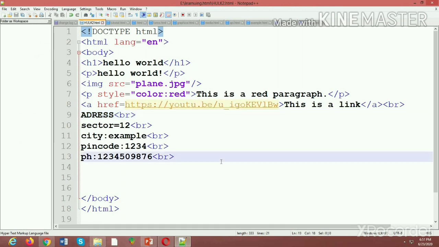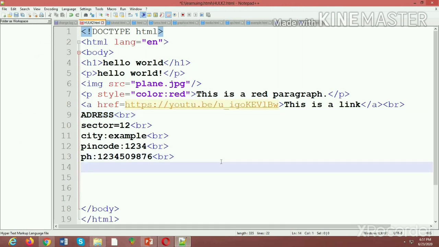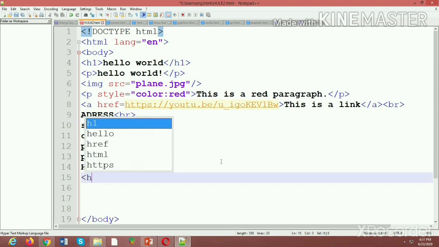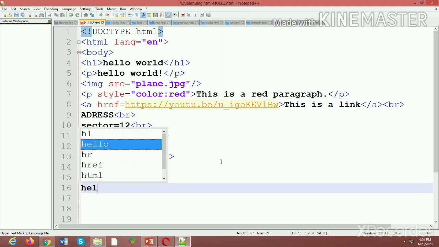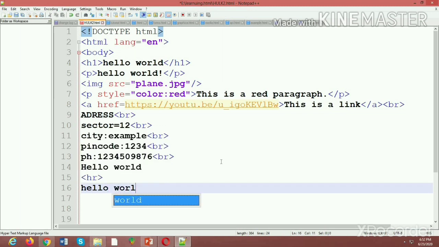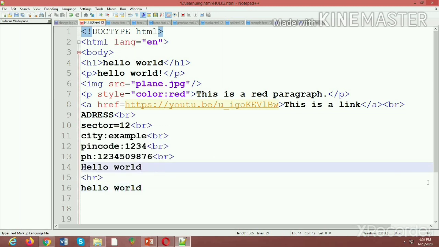Now I'll tell you about the hr tag. The horizontal rule tag is also an empty tag. It is used for adding a horizontal line in between the texts. So I'll type here hello world, then I'll type the hr tag, and now I'll type here again hello world.